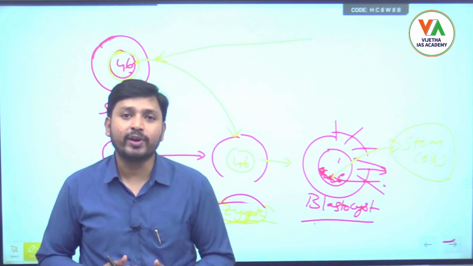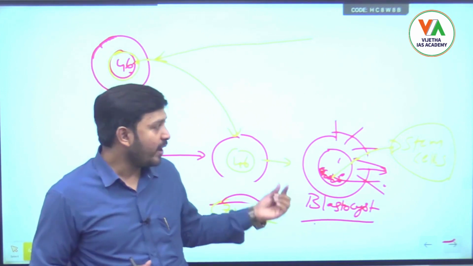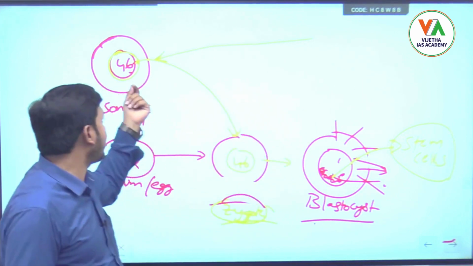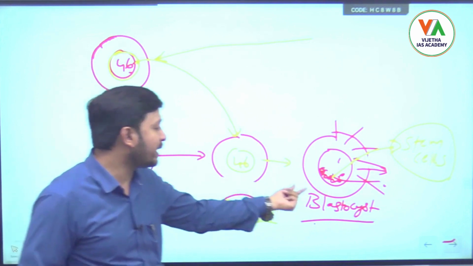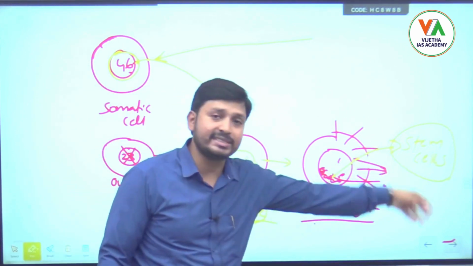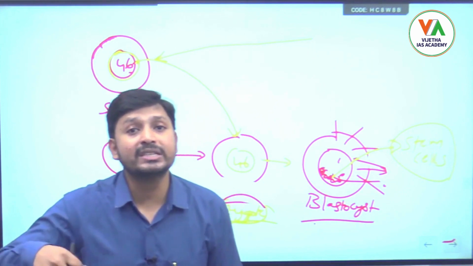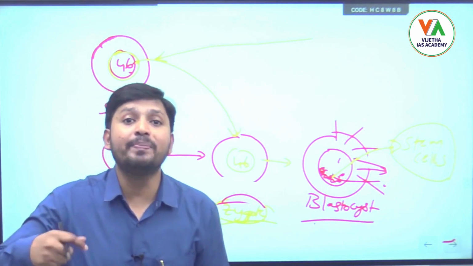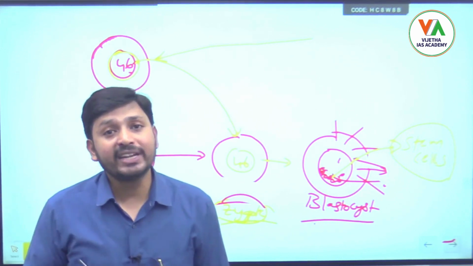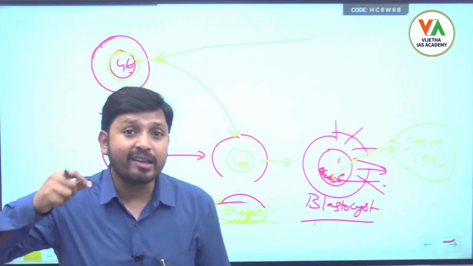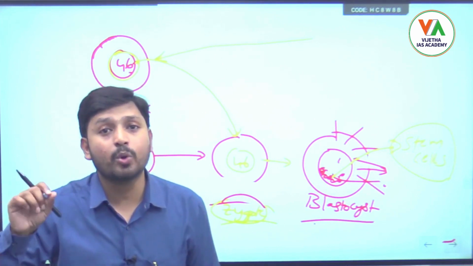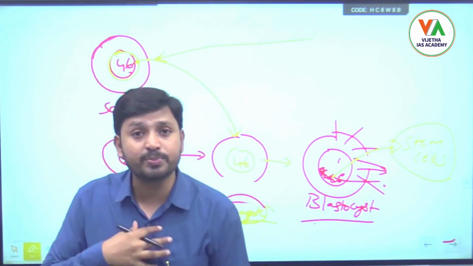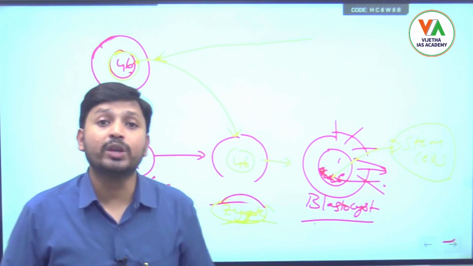So to avoid such things, what we do is take a cell from his body, make a zygote, make the blastocyst, and take the stem cells from that, and from those stem cells I will try to build a heart of his own in the laboratory. Remember, I will build a heart for that person whose heart has failed. I will make the heart from his own stem cells, so that I can reinsert it into his body, so that it starts functioning once again and we can save the person.